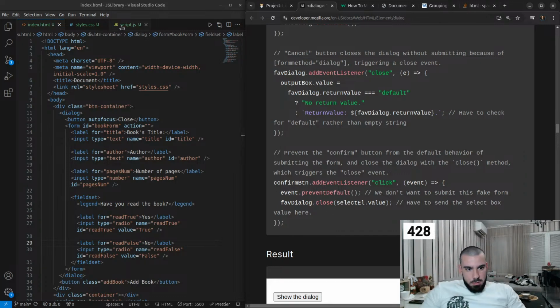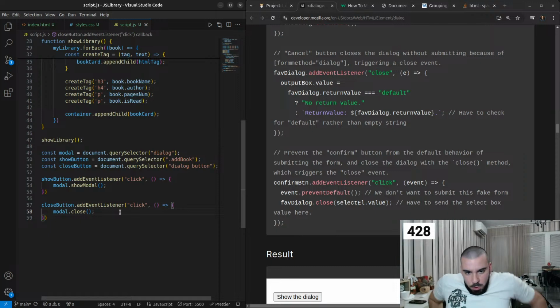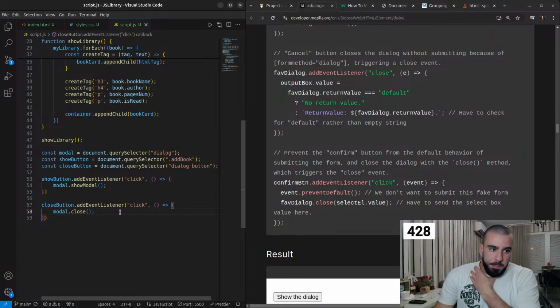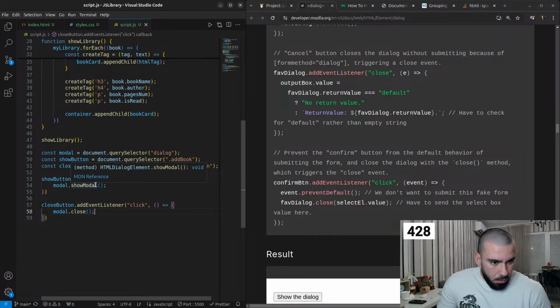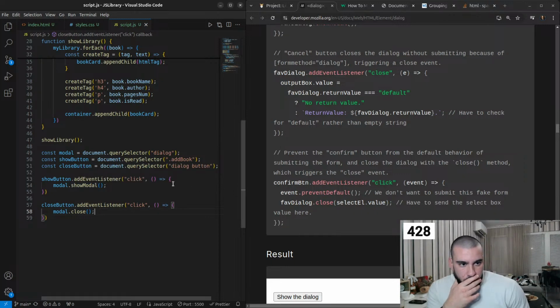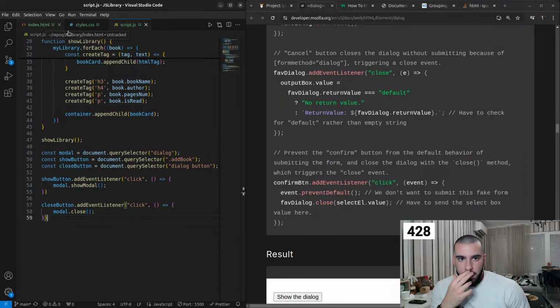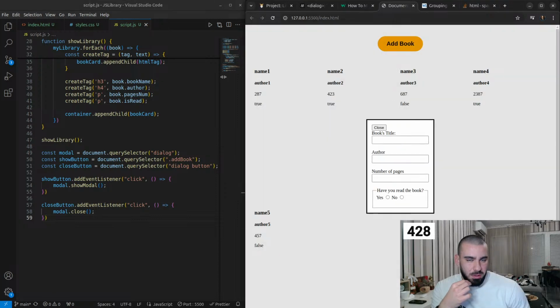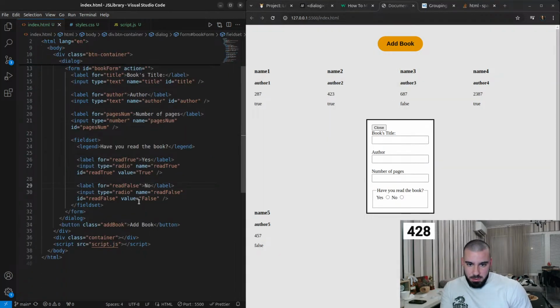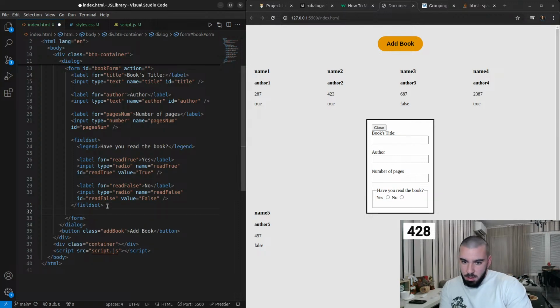So in the JavaScript, when we do the modal close, we actually have to make another function, I think, for the submit. Do we have a submit button on the dialog? I don't think so. Okay, so we'll add another button. It will be, oops, not this, button, type submit, and it will say confirm. Let's try with that, confirm,